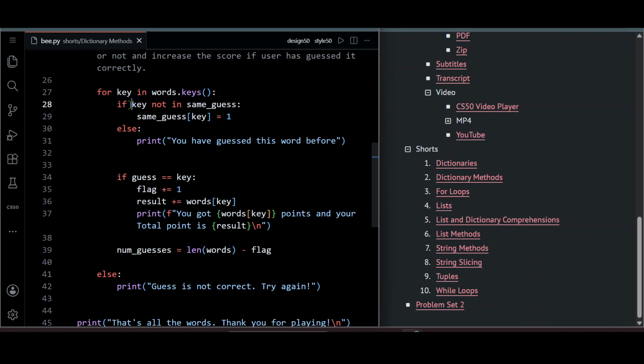Okay, let me just do this. If guess is equal to key and key is not in same guess, then it will be 1, and guess is equal to key and it is,